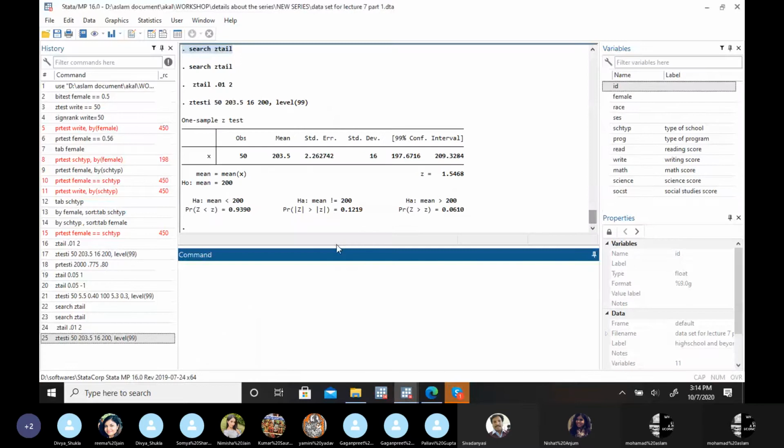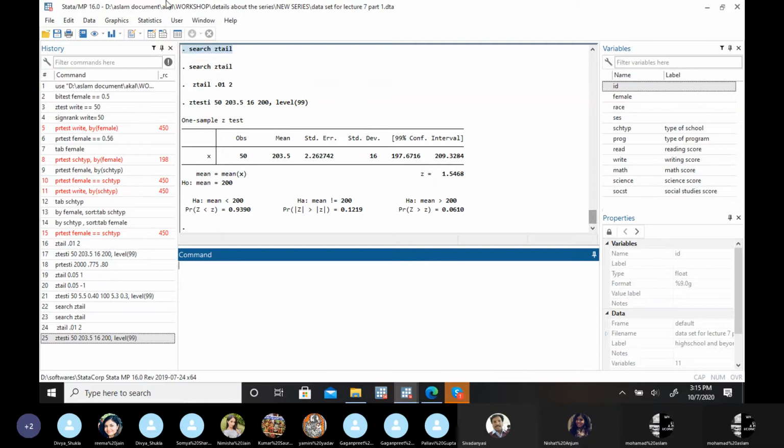So next, the p-value approach, as I described to you yesterday. If your p-value is less than the level of significance, then you have to reject the null hypothesis. Otherwise, you have to accept the null hypothesis. In this particular case, this is a two-tail test. These are for one tail. So you have to look at the two-tail. And our hypothesized mean is equal to 200 that we described for this data.